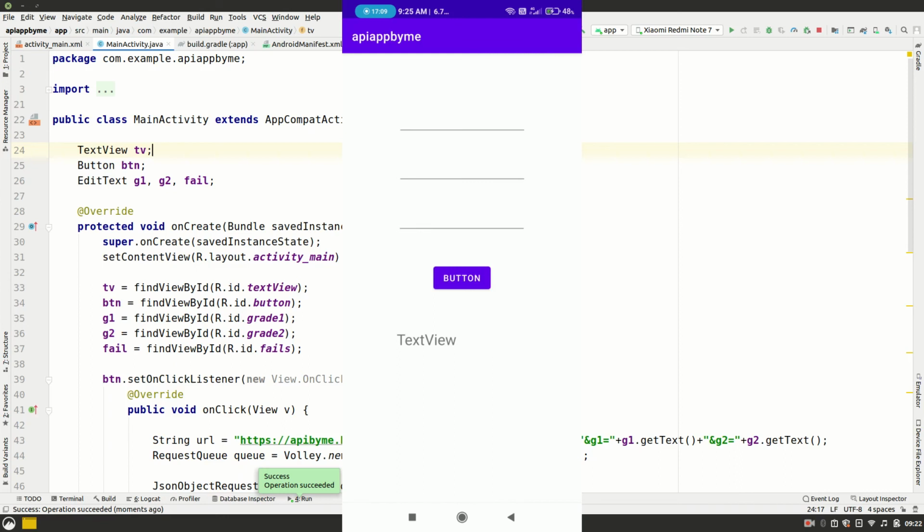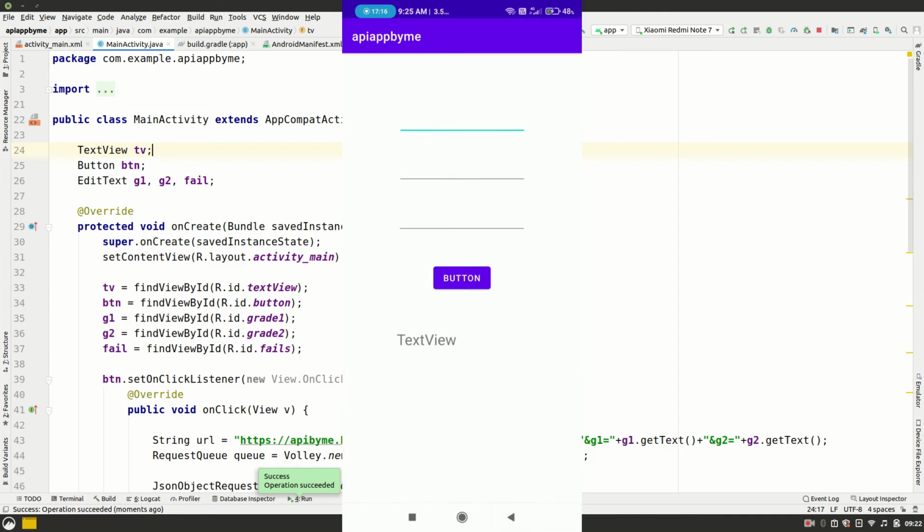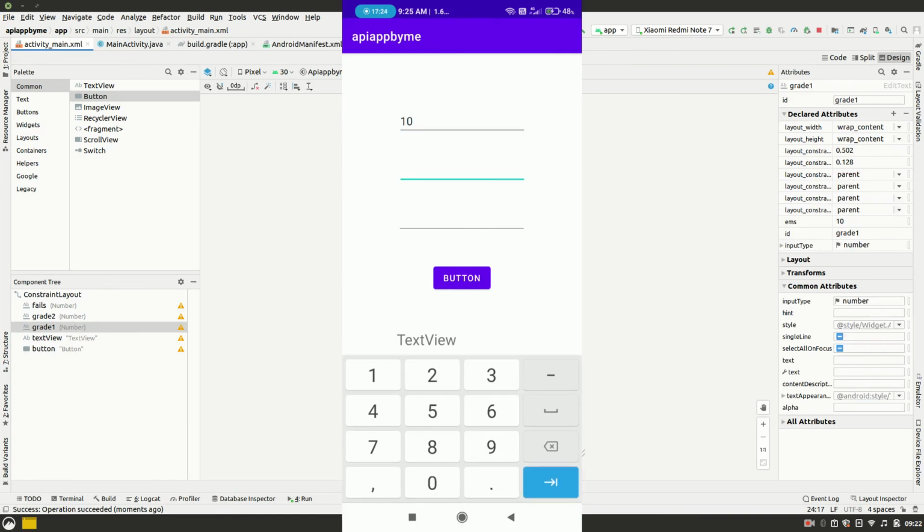Alright, so here is my app on the screen. You can see that the GUI basically looks good. So I just have to make some reference. The first one was grade 1, right? So let's set grade 1 as 10, and the second one is grade 2. Let's set grade 2 as 10 and fails as 0.